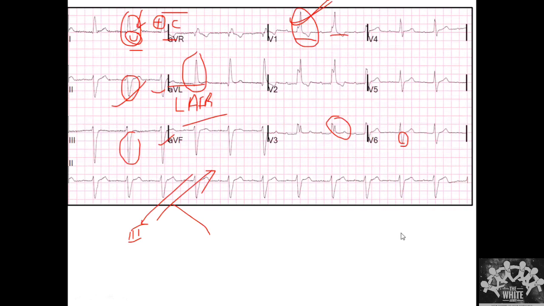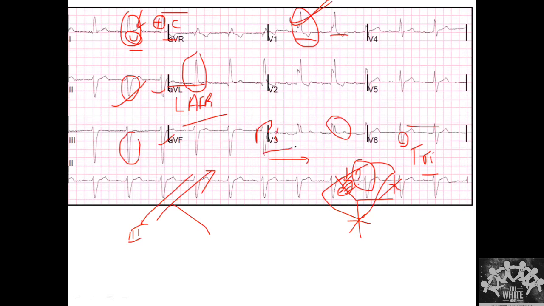Correct. PR is prolonged. When the PR is prolonged, it means there is one more problem happening. The right bundle is gone. Then we have the left anterior bundle gone. Along with that, the PR is prolonged. That means there is some dysfunction at the level of the AV node, correct? So this pattern is called a trifascicular block. When you have an AV nodal delay along with the bifascicular block, we call it a trifascicular block.